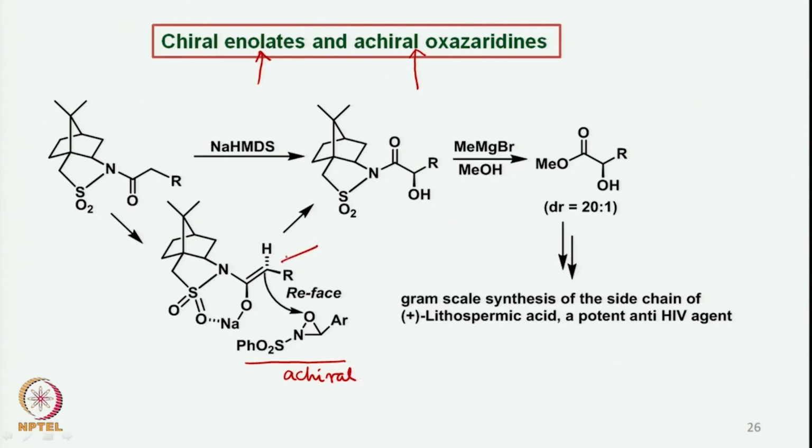So this is the part of the enolate which is formed from this substrate, which is again a camphor based substrate. As you can see, there is a nitrogen here and then SO2, which is a part of the camphor based molecule, and then you attach this particular part of a ketonic type of molecule, then